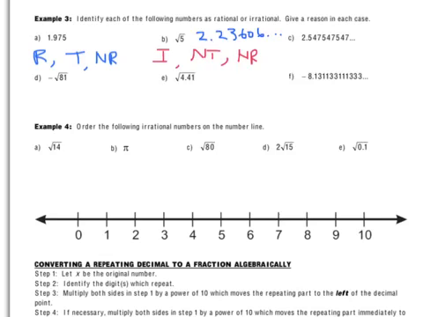2.547547547. This one does seem to have a repeating pattern: 547, 547, 547. So 547 are the repeating digits. So this one would be rational, and it's rational because there's a pattern. It is non-terminating, but that doesn't matter because it is repeating. Okay. All right, and we have the square root of 81, and then a negative in front